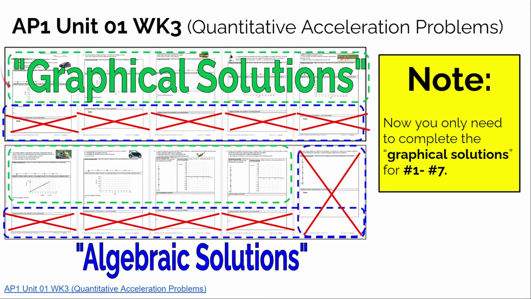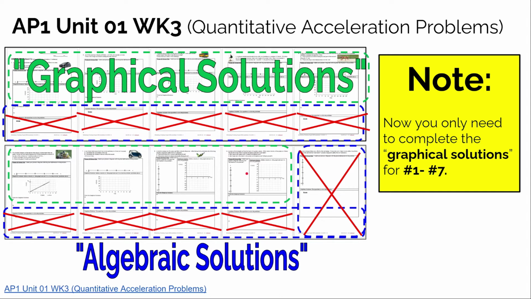At this point, we know how to solve accelerated motion problems, or problems about objects that change their velocity, using graphs, either position versus time graphs or velocity versus time graphs. And so you're going to actually solve the first 9 problems graphically using a quantitative velocity versus time graph. At this point, I only want you to do those graphical solutions for number 1 through 7 out of those 10 problems. Eventually, we'll come back and do number 8 and number 9 graphically, and then we're going to